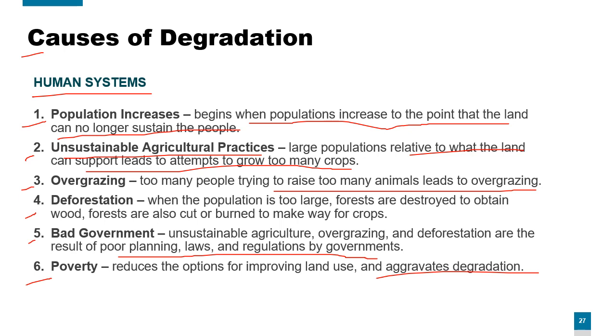Sa iyong environment. Of course, magre-rely ka sa environment mo. And yung mga hindi mo na iniisip yung ibang mga animals. Ang iniisip mo na lang is for your own survival. Now, pwede mong instead na pangalagaan mo yung iyong environment, ang gagawin mo is sisirain mo na siya para pagkakitaan. Okay? So next,